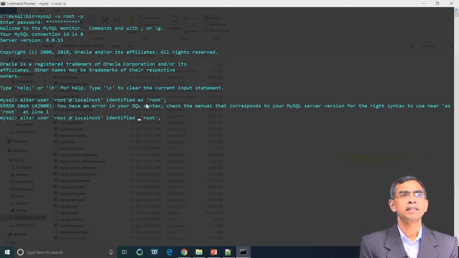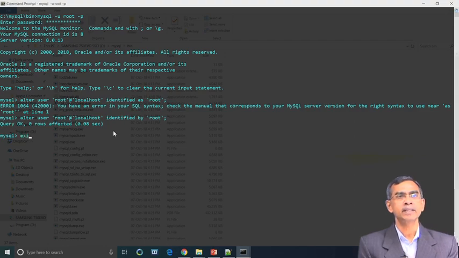There is some syntax error. Okay, so now this is the correct syntax that you should follow in order to give the proper name of the user here. You should note it, this is very important. Once the user is there, we have to set the password also. This is the user, this is the password.